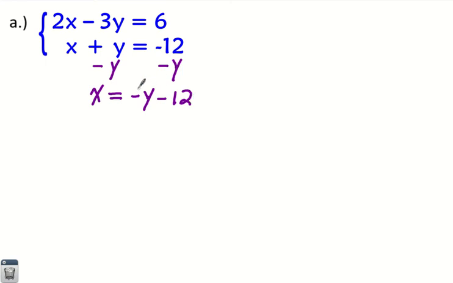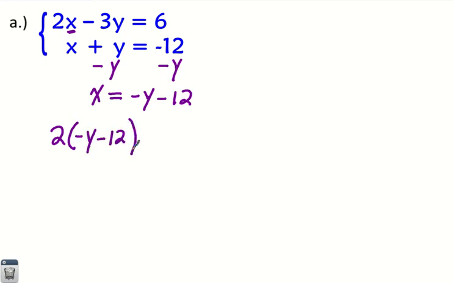So I can take that negative y minus 12 quantity and substitute it in for the x in the other equation. Whichever equation is telling you what x equals or what y equals, you have to plug that into the other equation. Otherwise, it's not going to get you anywhere. Long story short, here we go. Now the first equation becomes 2 times x, which we now know is equivalent to